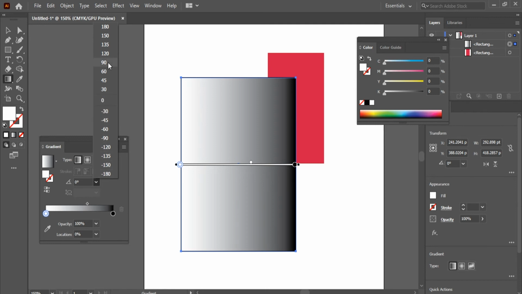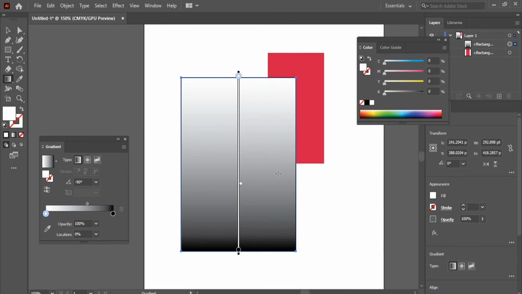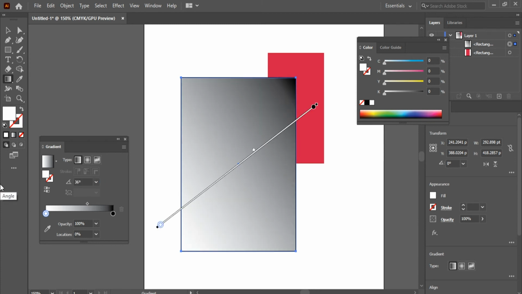So if I adjust this 90 degrees, now the gradient, instead of going from left to right, black to white to black, it'll go from black to white, top to bottom. Or if I want it in the other direction, I can do negative 90, and it'll go from white to black, top to bottom. You can type in your own values here, so if I want 36, I can have 36 degrees of angle,